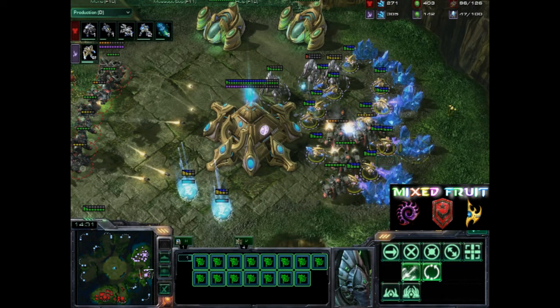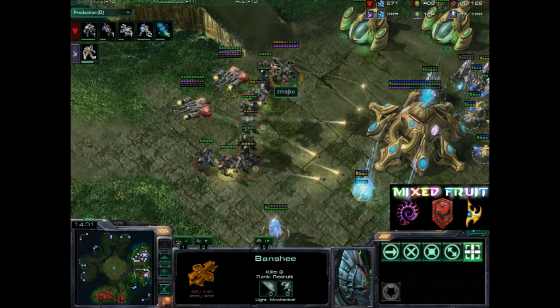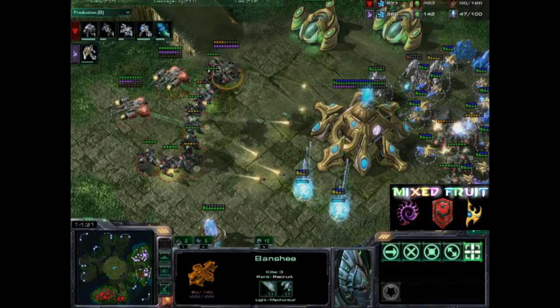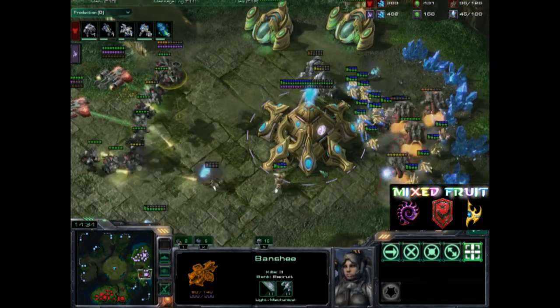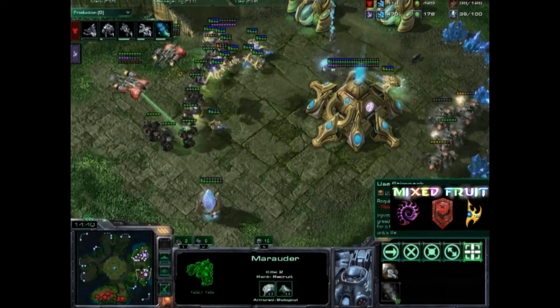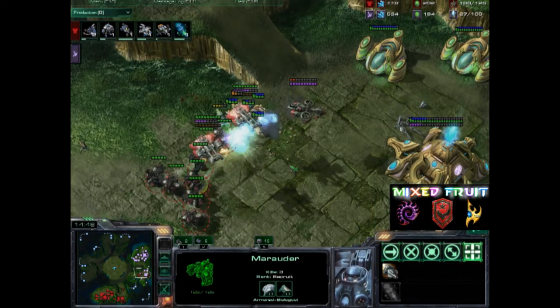And of course, it is always a good idea when you have a lot of Banshees to micro them, to just remove those that are in red, move them to the back, so you keep them alive a little bit longer. So here you can see that I didn't even have a stim pack. If you play it well, you don't need stim pack